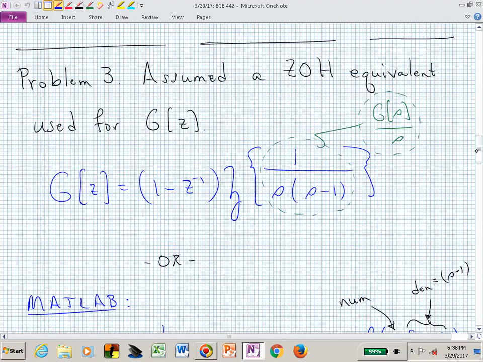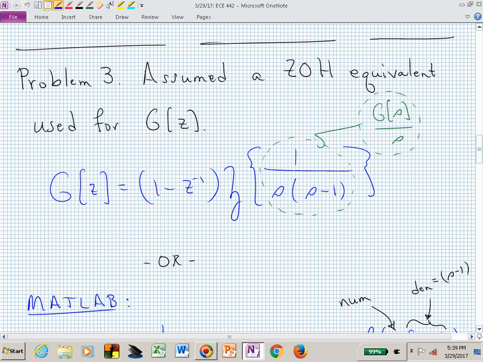Problem number 3, and this may not be clear from the way it's worded, but I'm assuming that I give you an unstable system that has a pole at s equals 1. So I'm giving you a system 1 over s minus 1, but I want you to find the zero order hold equivalent of that g of s, which means you're now looking at this expression from an earlier part of the semester. Was that exam 2 or exam 1? It's exam 2, wasn't it? Where we were doing zero order holds. So now you apply that strategy to find your g of z.